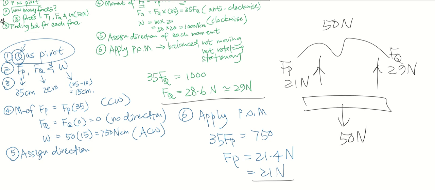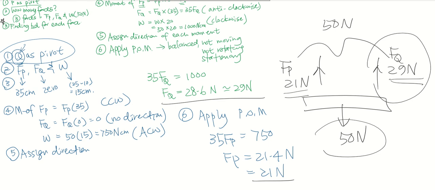So what could you have done to cut short your working? Okay, once I assign Q as the pivot, I can find Fp. If I assign P as a pivot, I can find Fq. But their total upward force must be equal to total downward force. So I can just take the total downward force and subtract any of these to get the other force. Alright, so